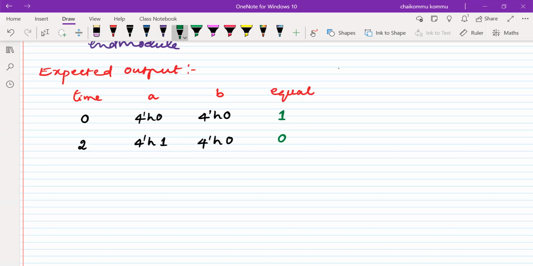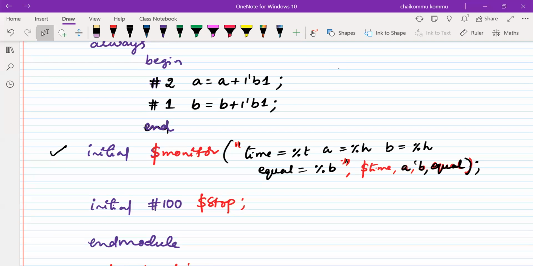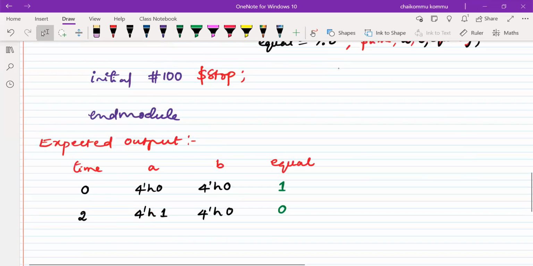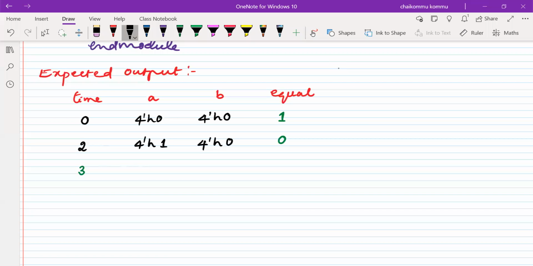Okay. Next. So in the always block, another statement is also there. After 1 nanosecond of 2 nanoseconds, B will be modified. So that will be monitored by monitor. Another 1 nanosecond means 3 nanoseconds, right? What about A? A is not changing at 3 nanoseconds. That means it has to go to 4 nanoseconds, then only it will change. Otherwise, it will be the same. So at 4 nanoseconds, A remains the same, but B is modified by 1. Okay. Then what is the output we can generate? Both are equal. Therefore, the function output is equal to 1.